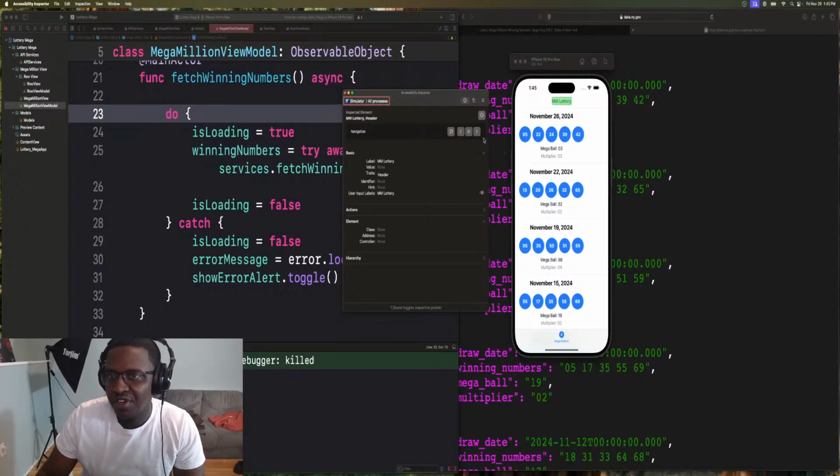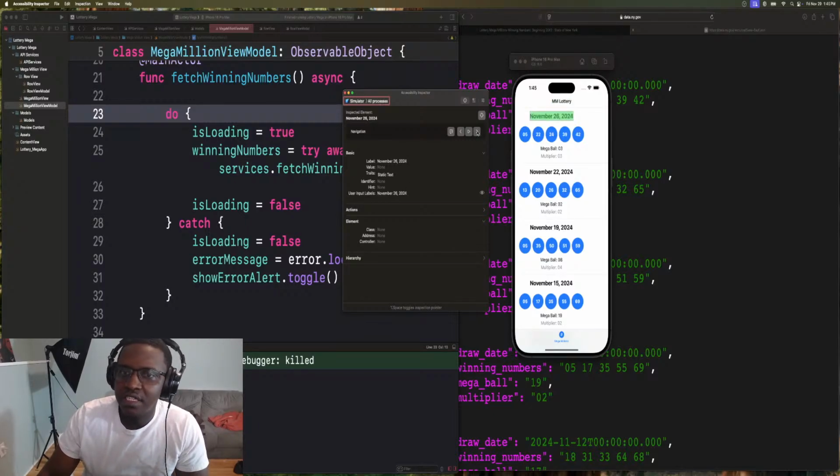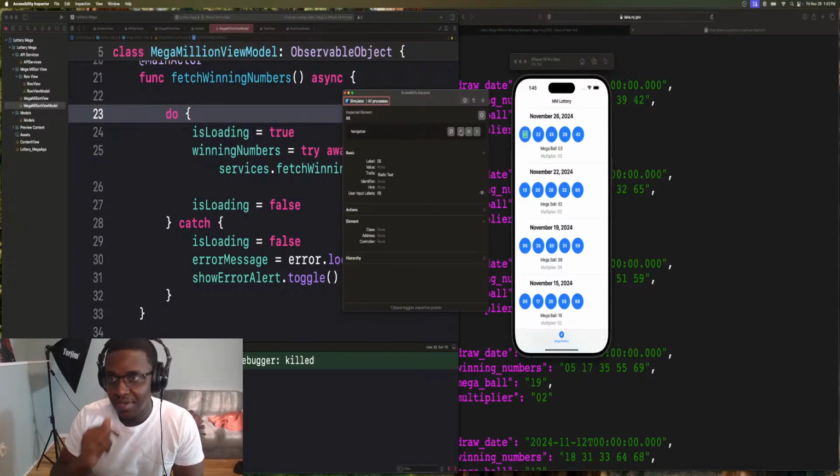Then if they swiped, they would hear the date, and then they would hear this number 5, 22, 24, 29, 42, megaball. So they would hear all of this information separately,